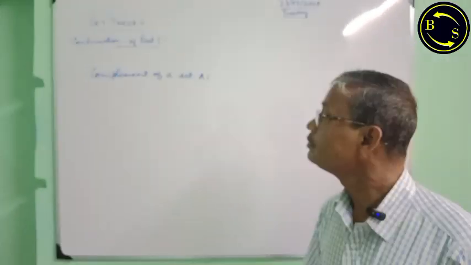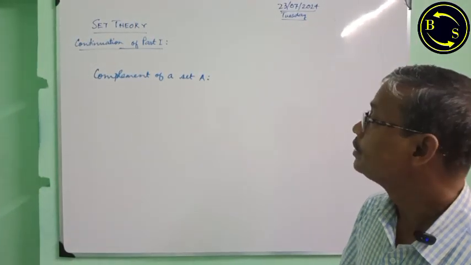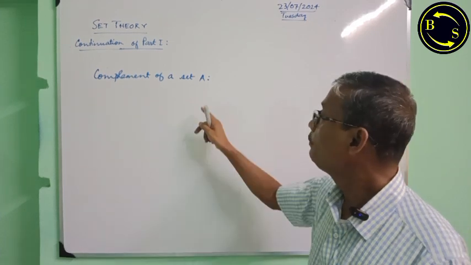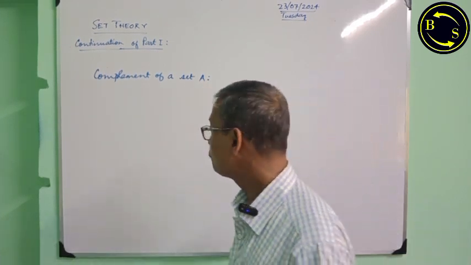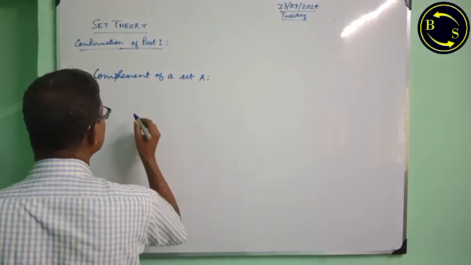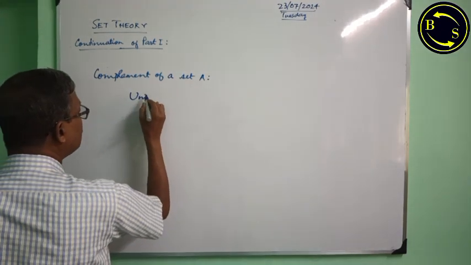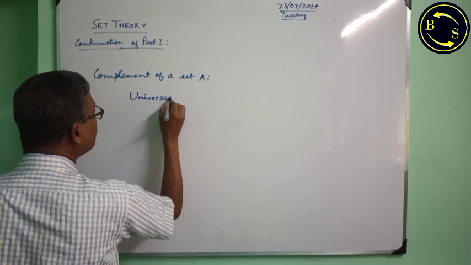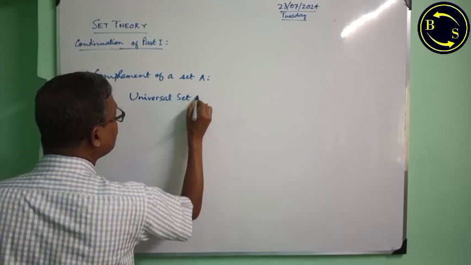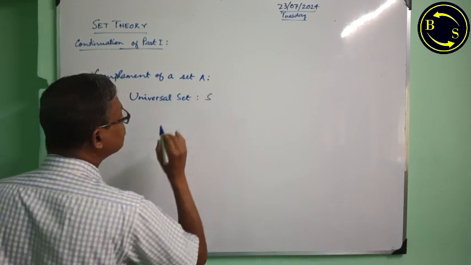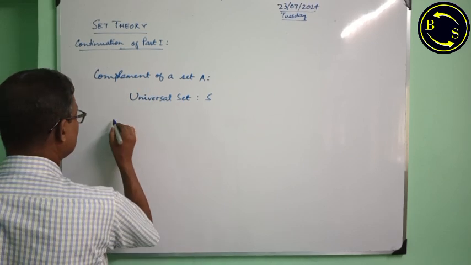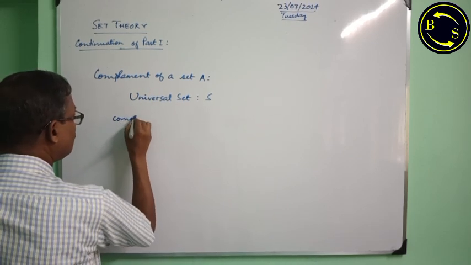The last operation is complement of a set A. If A be a set and the corresponding universal set say S, then complement of set A